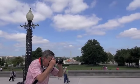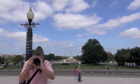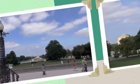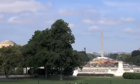Storm and Norman in action. Hey, got him. Bullseye. On his birthday in the Capitol. Oh well, this state is